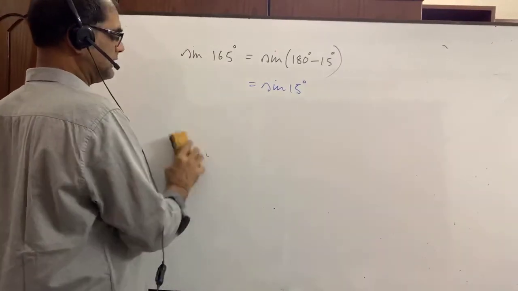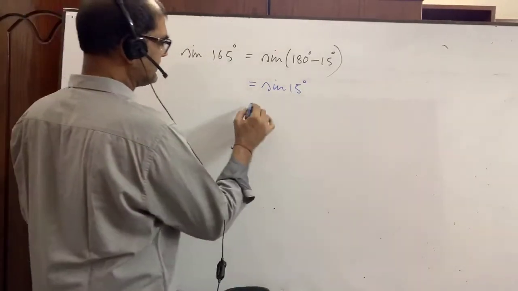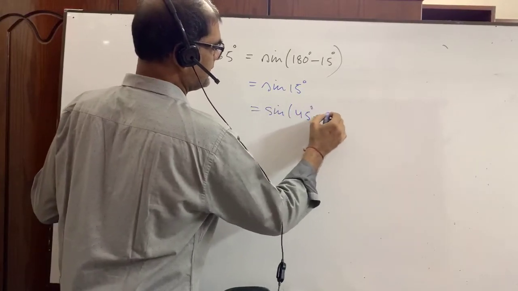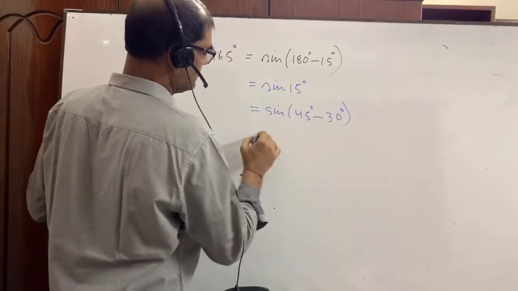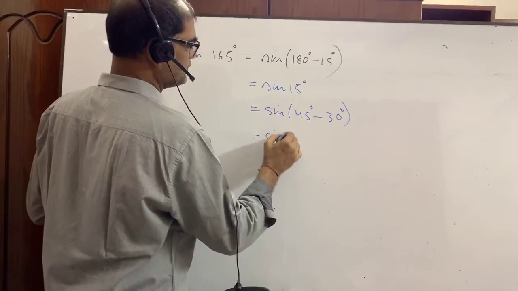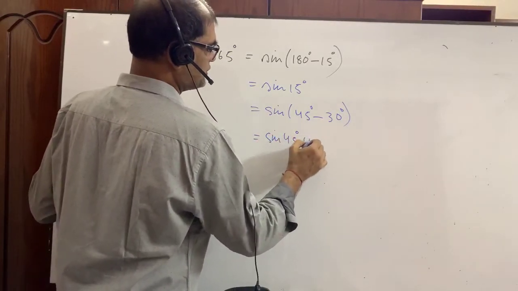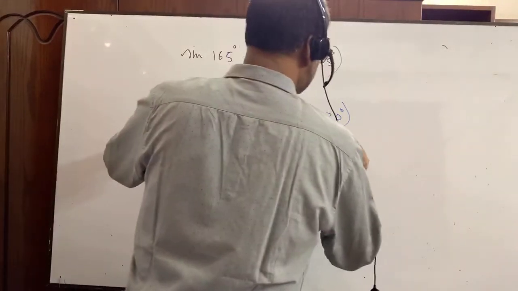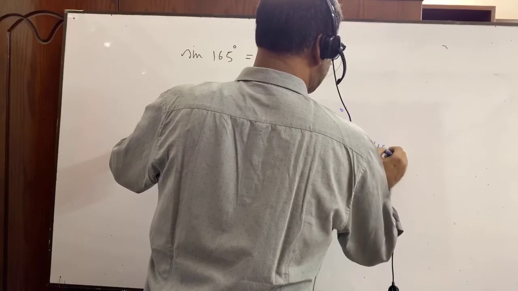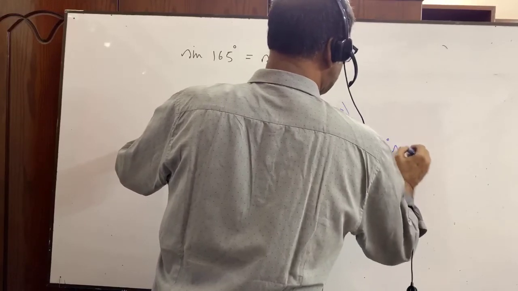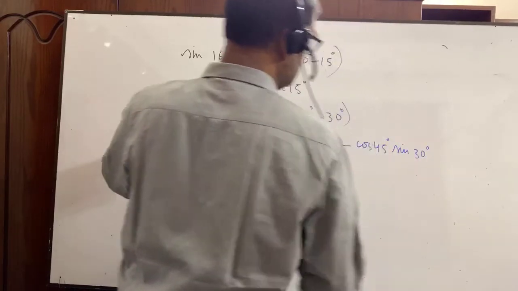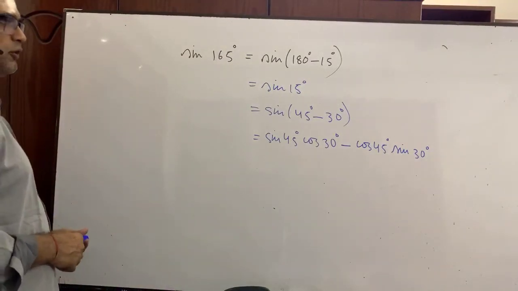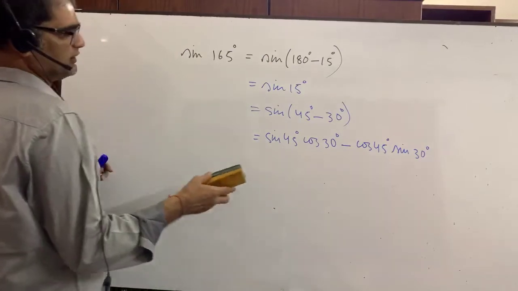You can do like the previous maths, that is sin 45 degree minus 30 degree. Now it is the formula again, sin A cos B minus cos A sin B. Now I am not going to do the rest of the parts. Now you can do it. Just you will put the value. Okay. Very easy and simple after that.